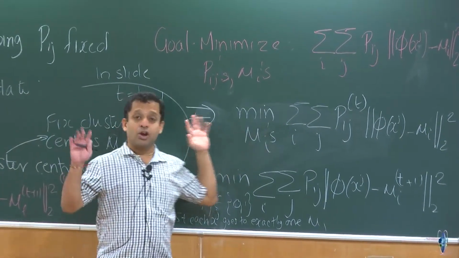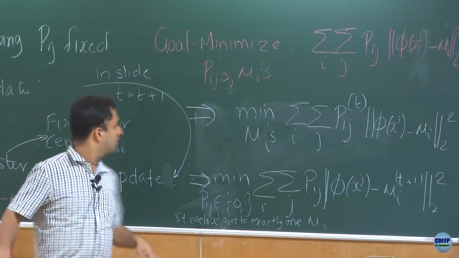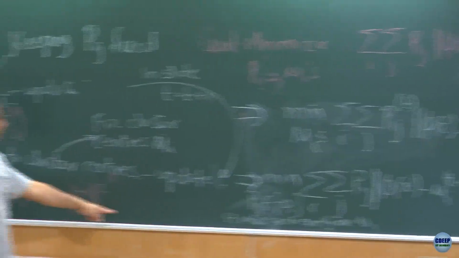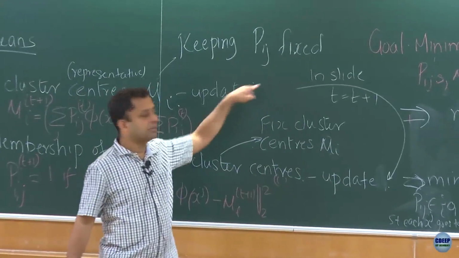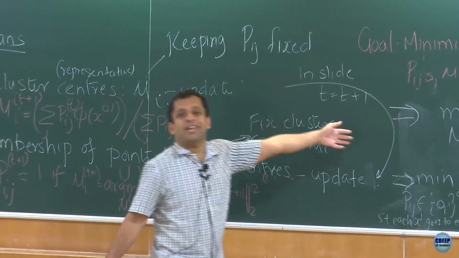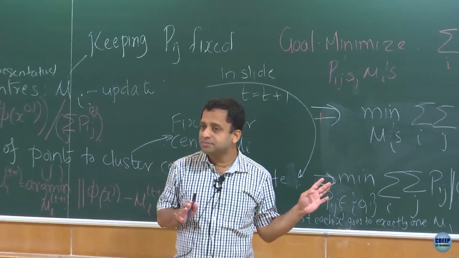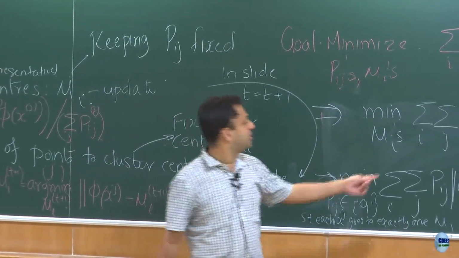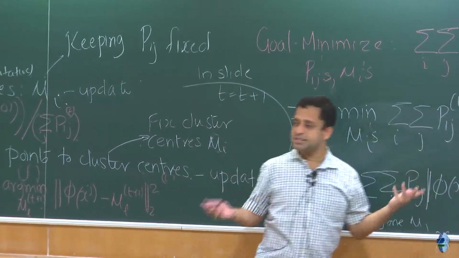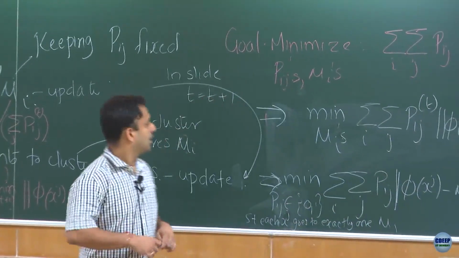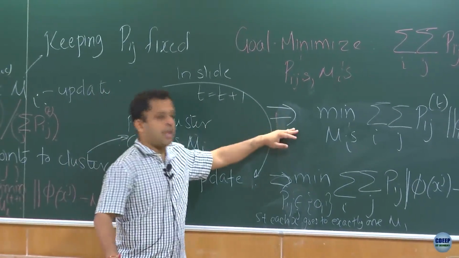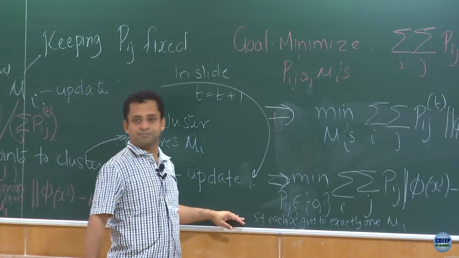Now if the configurations have changed, keep doing this till there is no change in configurations. So if the configurations have changed, it means that the objective has reduced. Is that correct? The same objective here, here and here, the objective has reduced. So if the objective is reduced in A, if the objective is reduced in B,